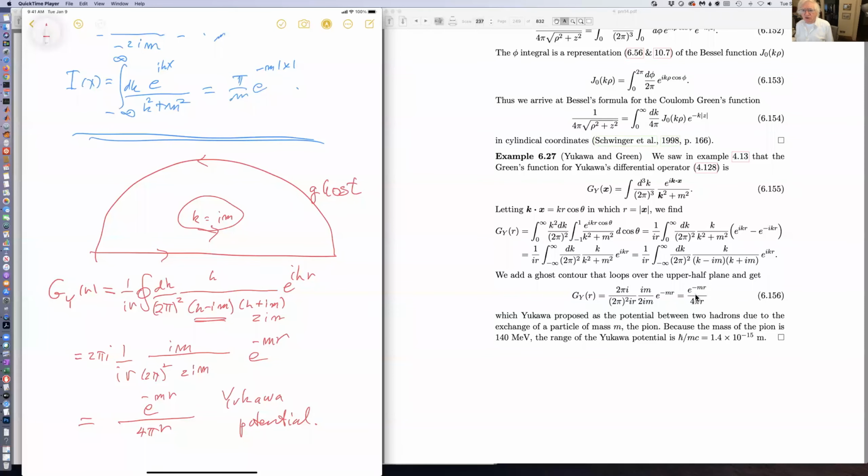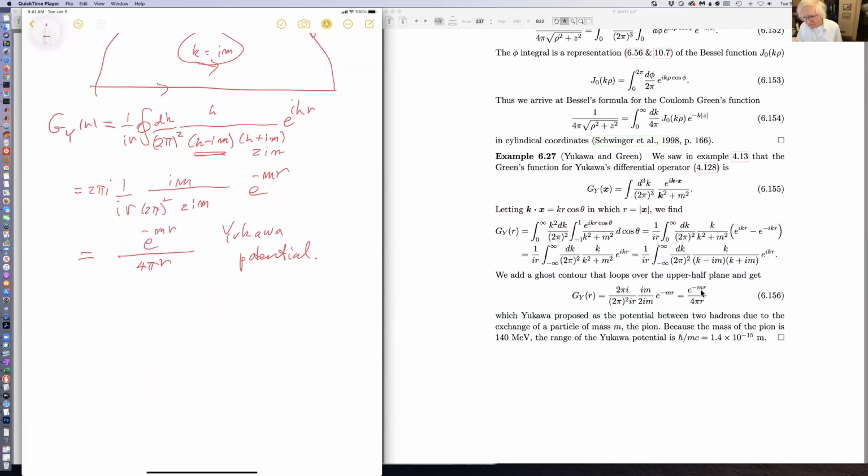By the way, in this integral and in many of the formulas that I'm comfortable with, I set h bar and c equal to 1 because they then don't clutter things up. And the other problem is that if I want to translate this into something that makes actual sense, I have to figure out how do I add h bars and c's? Since h bar and c are equal to 1, I can sprinkle them into any formula until I get the units right. And so what we want is mr to be